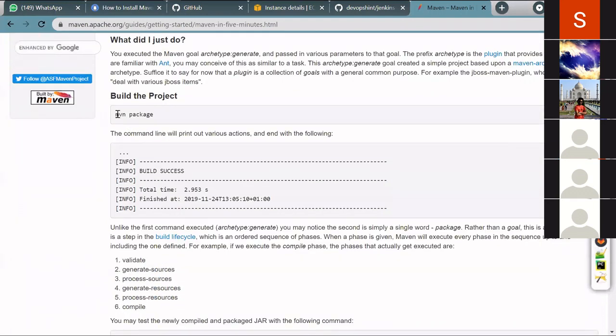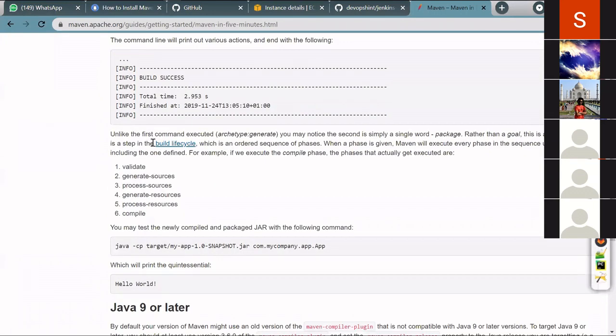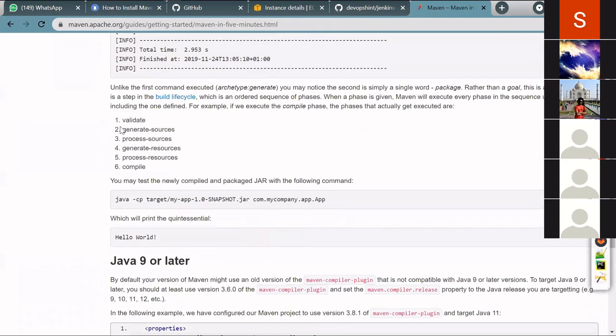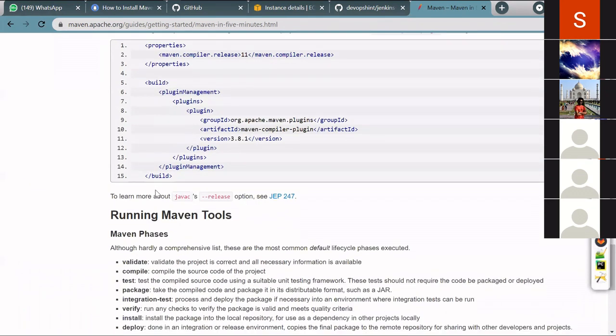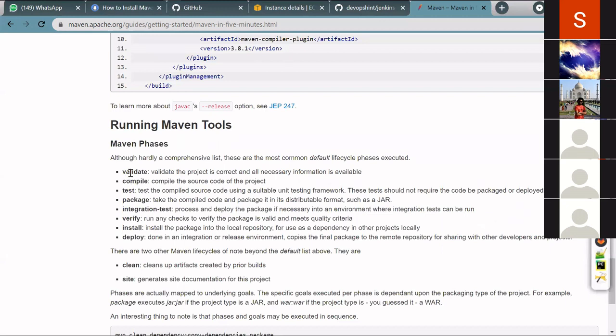And when we use this command mvn package now, you simply go through these phases like validate, generate sources, process sources, compile. Okay, let me take it. So like this: validate, then compile, test, package, integration test, verify, install, deploy. These are simply lifecycle stages. Okay, so